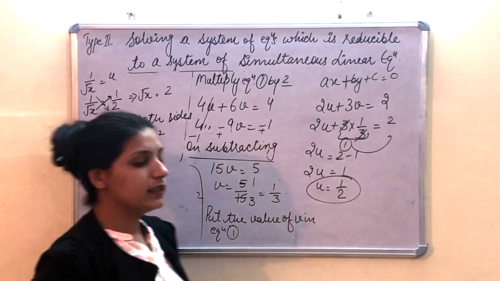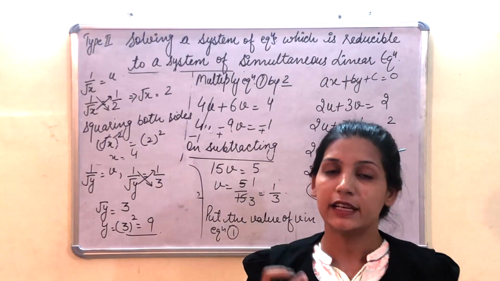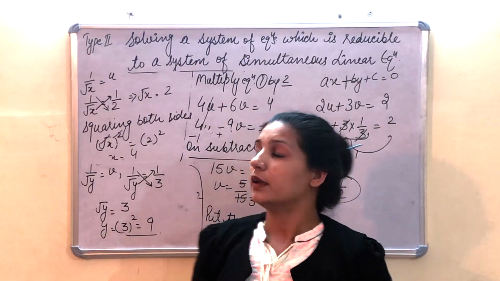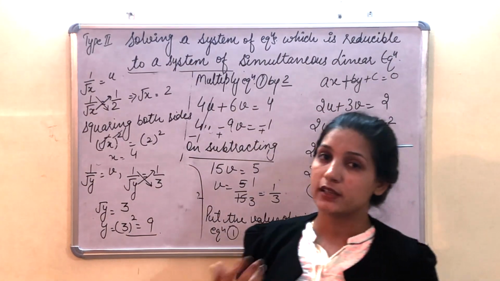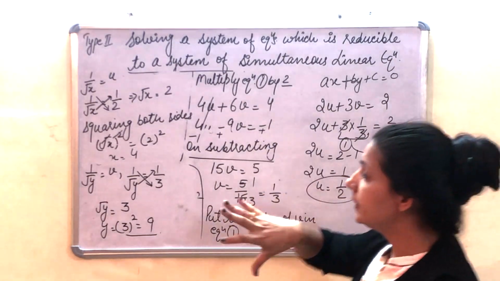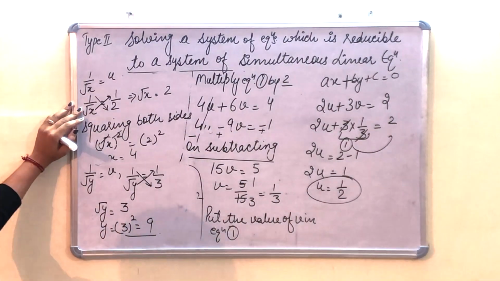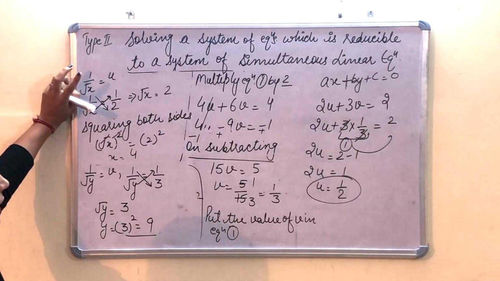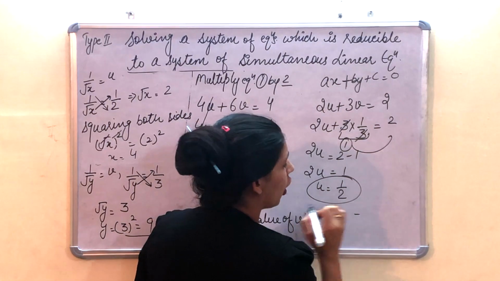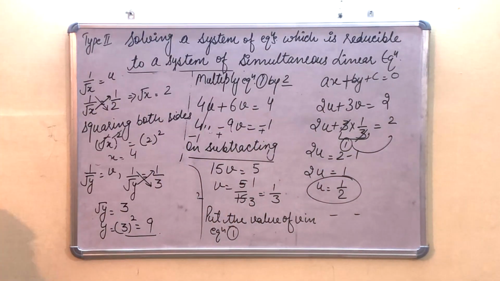So like this we have to reduce the given equations to linear equations and then solve according to our methods. It is our choice by which method we solve. So it is only that type where x and y, instead of being in our linear equations, are in the denominator of the coefficients. The second form or the next type of this is